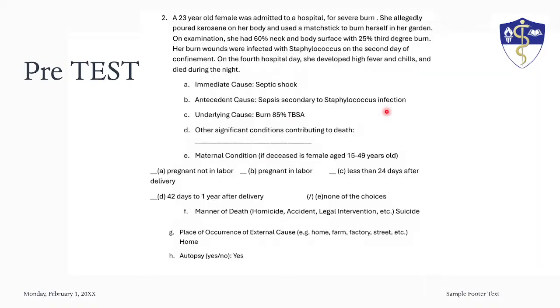Ayan na naman. So, tanggal-tanggal. Kung alam si Staphylococcus, so this is a third degree burn. Tama na ba? Yeah. Doesn't have to be 85% TBSA. Hindi mo kailangan i-add. Okay. This is an infection. This, what do you call this? Uh, pyoderma. Okay. You can place that in the immediate cause. Okay? Dahil dun sa may burn. Okay? So, third degree burn can be placed dun sa may antecedent cause.